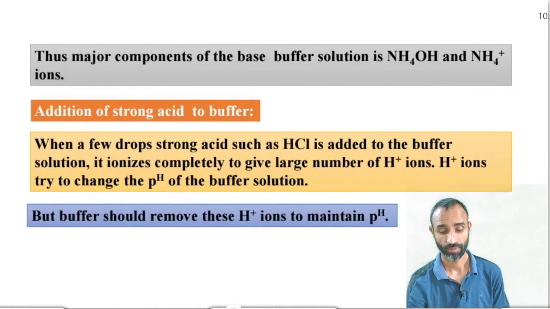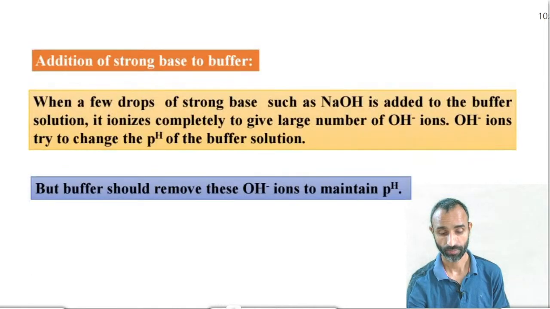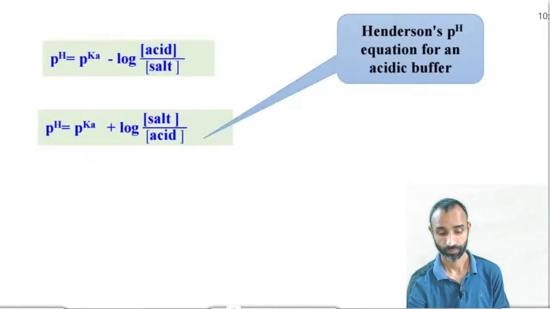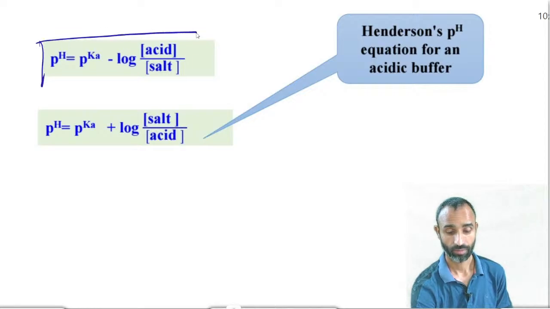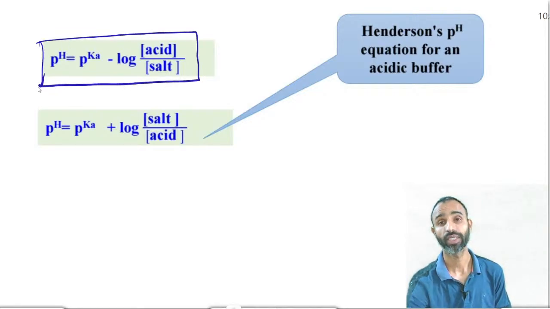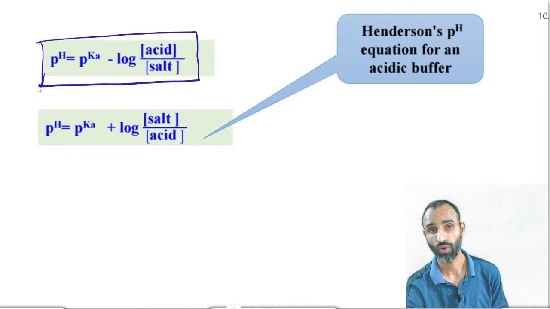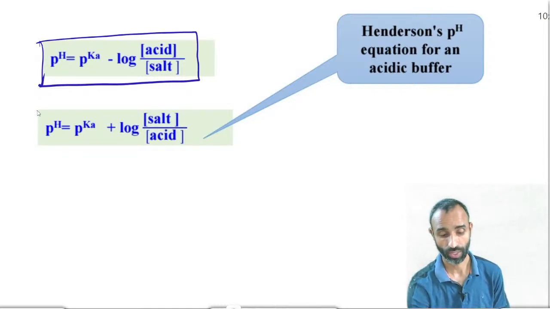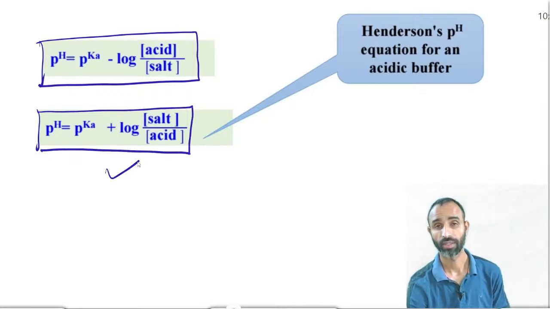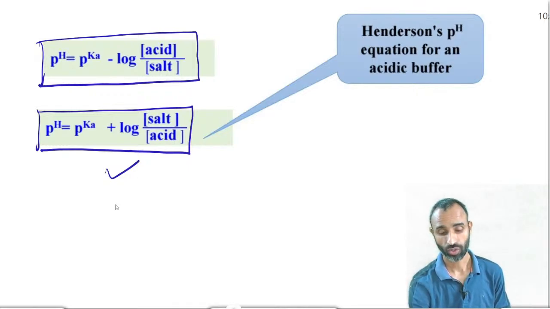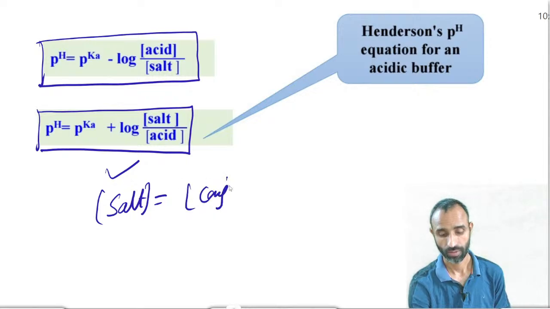Same is the action of basic buffer. So these are the relations for acidic buffer: pH equal to pKa minus log of acid over salt, or this is the expression, pH equal to pKa plus log salt over acid. Salt means conjugate base